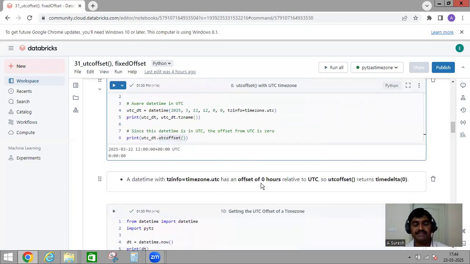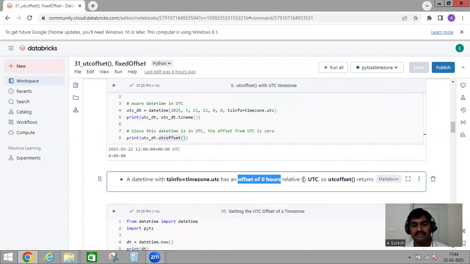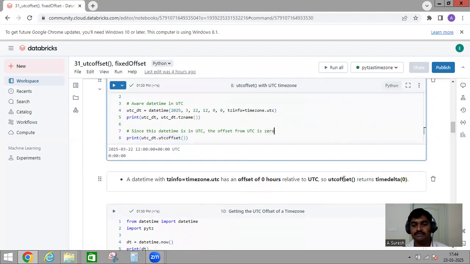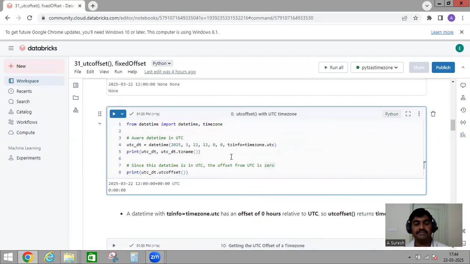It is mentioned here as an offset of 0 hours relative to UTC. So utcoffset returns a timedelta of 0. That means the time difference between local time